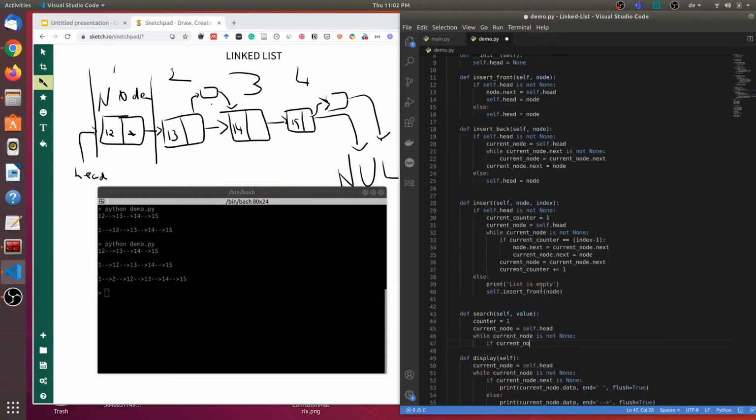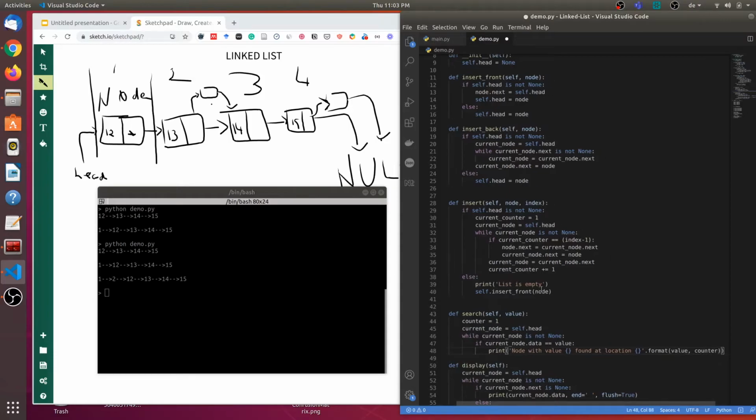if current node dot data is equal to the value that we wish to search, we can just print a statement, node with value found at location and the index value. So I can just do value and the counter, and I can move ahead in the list. So current node is equal to current node dot next,